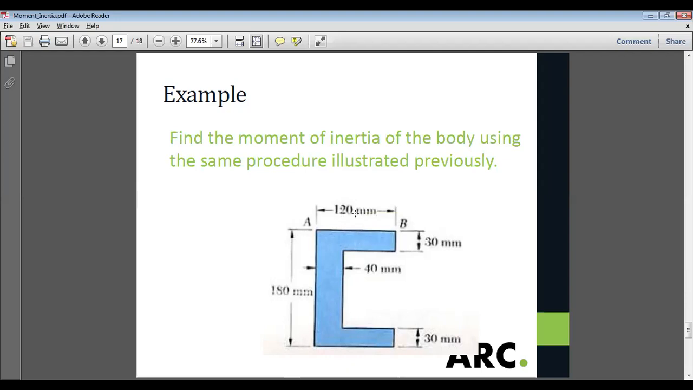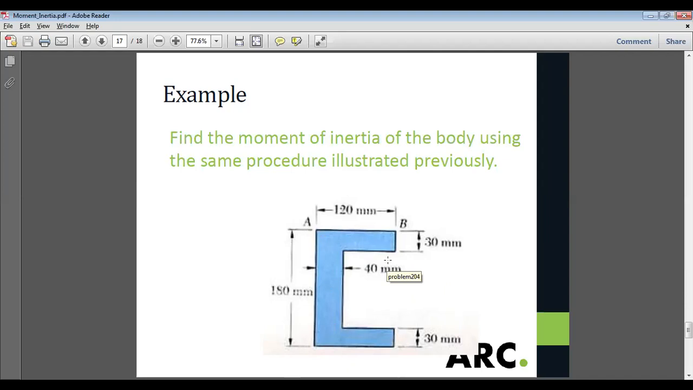So first 120, 120 divided by 2 is 60 mm. So from here to here, top 60, and from here to here 60, we'll draw a vertical line. When we draw a vertical line, we'll see that the left portion is not symmetrical, is not matching with the right portion, and vice versa is also true. The right portion is also not matching with the left portion. So that means Ix, or distance from